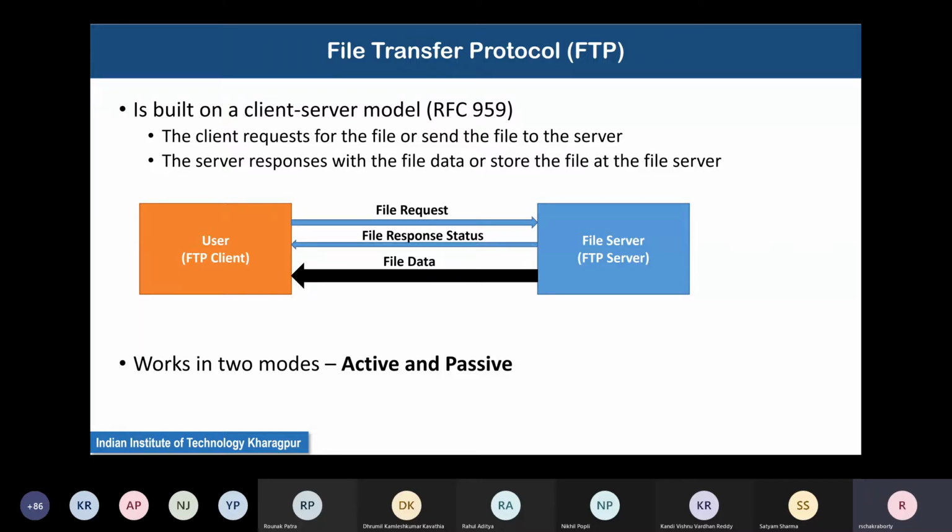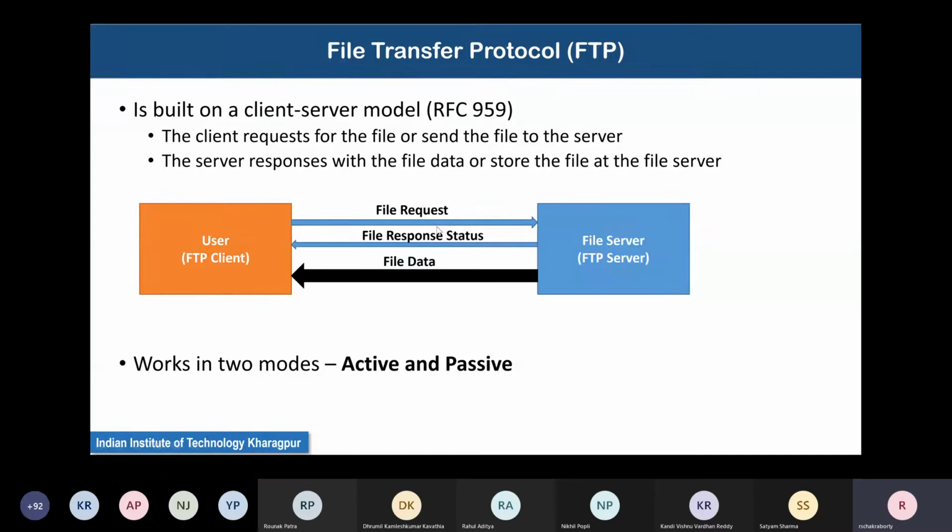Now, how to do it? Well, the client requests the file or sends the file to the server and the server responds with the file data or stores the file. This is understandable. One important thing to understand is the blue arrows and the black arrow. The blue arrows and the black arrow have been shown separately. As you can see, there are two blue arrows.